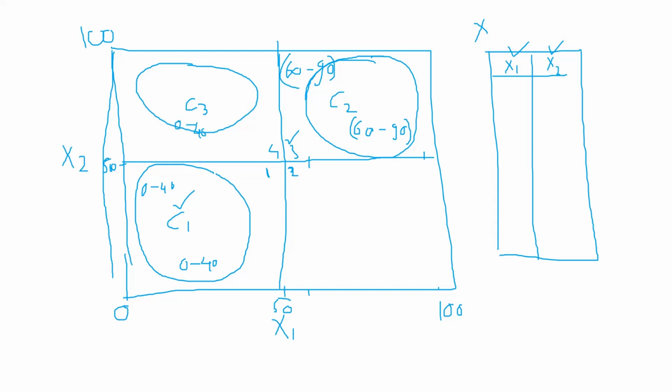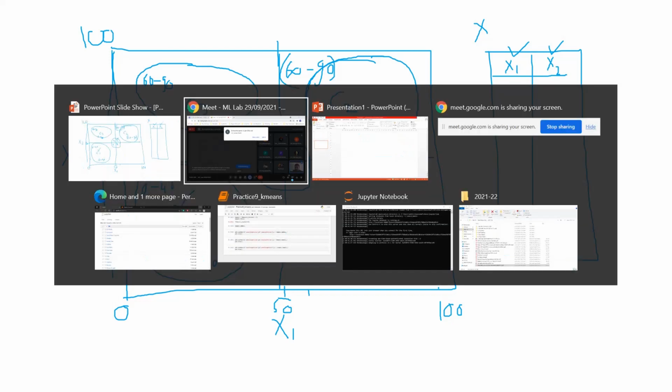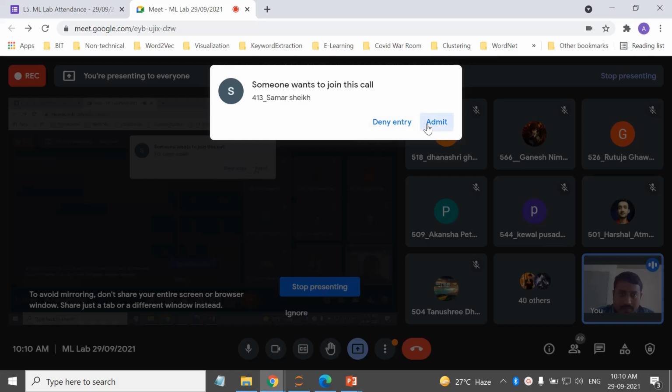And what about x2? 60 to 90, right? x2 is along the y-axis, so it should be above 50 and below 100. If we keep the range as 60 to 90, it will be ensured that c3 will lie in the fourth quadrant. Okay, these are my quadrants. So this is the planning that we have done.